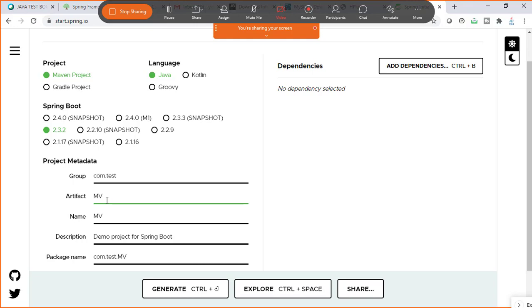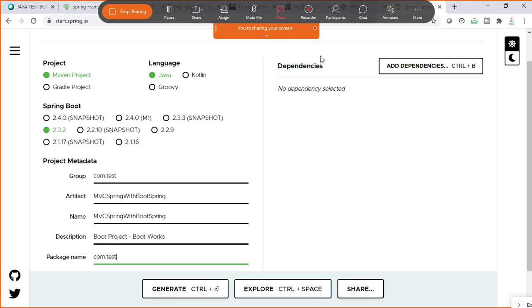We are going to talk about a Spring MVC project, which will be created entirely using Spring Boot. For the description you can mention, of your choice, that this is a boot project for us to understand how Spring Boot works. The package name could be com.test.projectname, or you can simply use com.test only. Don't use the complete project name. You can have a package name like this also.